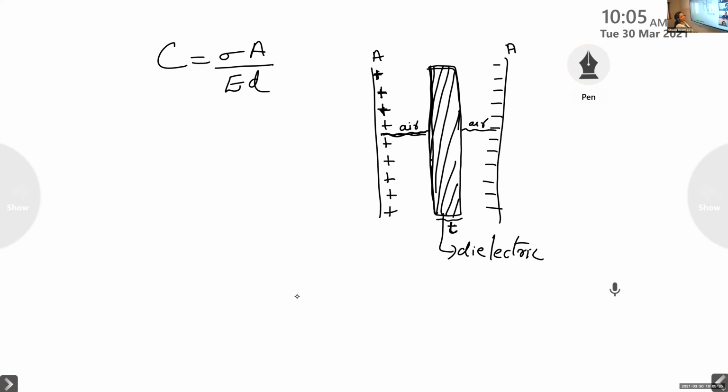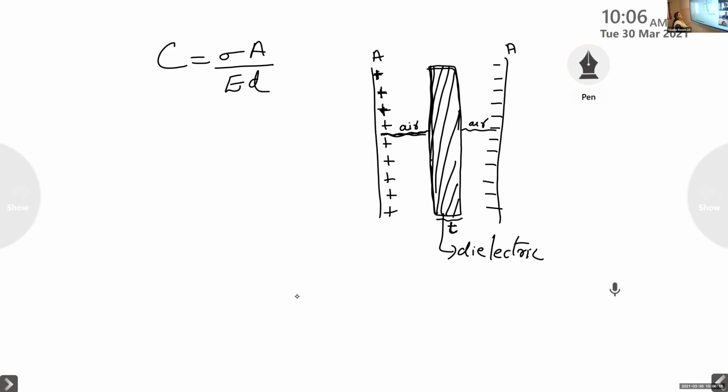Okay. Now, what about the electric field between these two capacitors? Here we have two mediums. What are the two insulating mediums placed inside these two conductors? Yes, one is dielectric and the other is air. So we need to consider the electric field due to the medium of air and also the medium of dielectrics.